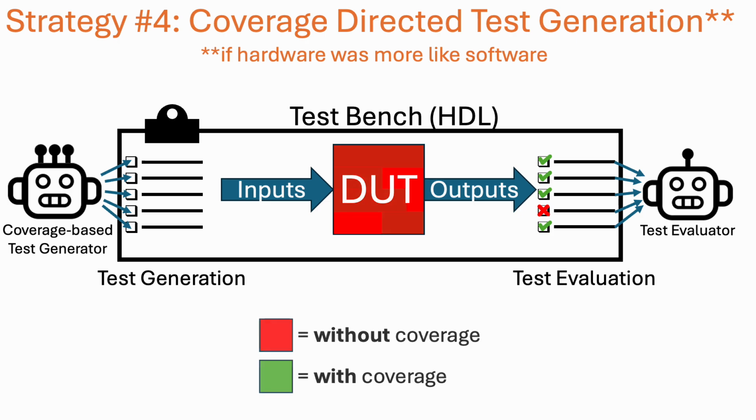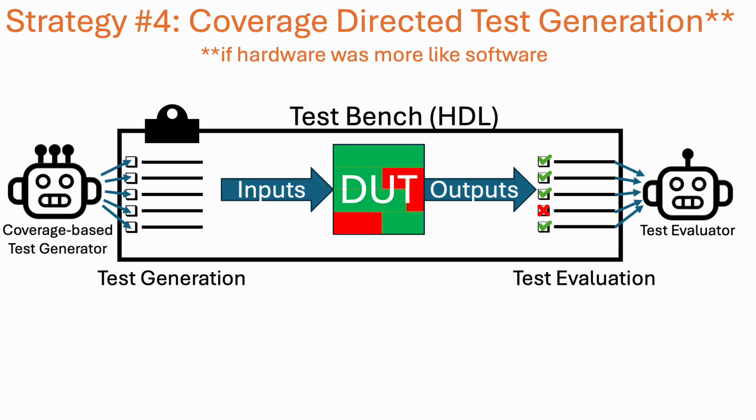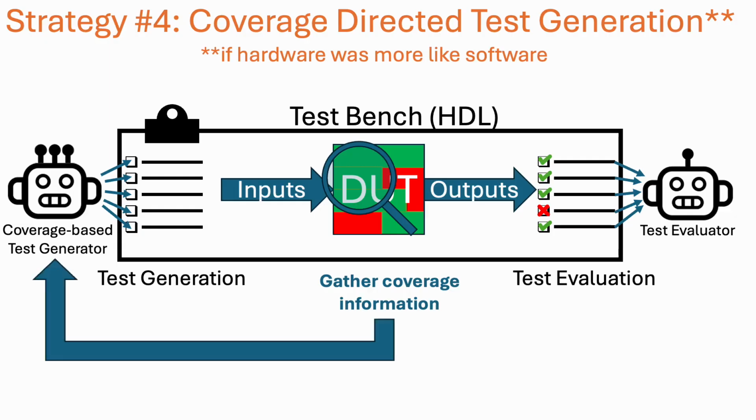And then as you run the tests, you can measure which tests are actually leading to more of the overall code getting covered. If you feed that back into the test generator and mutate those good tests that are covering more of the code space, then you can iterate over and over